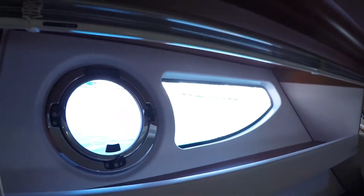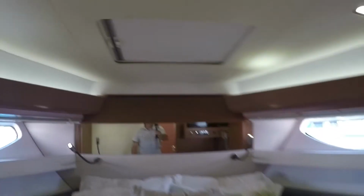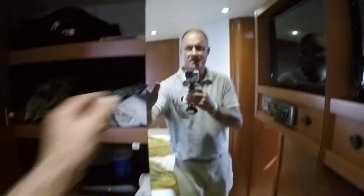And this is the guest stateroom up forward. Beautiful picture windows to give you a good view and ventilation either side. There's also a hatch above the bed there. The owner's installed a wine cooler, very important. Store wine at a nice temperature, and you have a flat screen LG TV here with the same Fusion stereo and controls here. Lots of cupboard space, hanging locker right here,